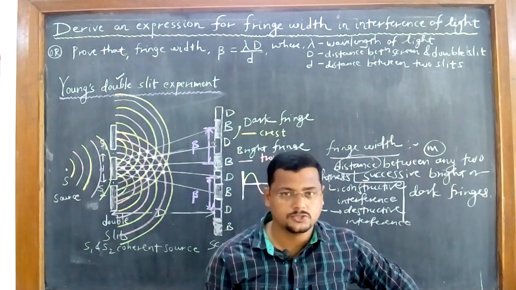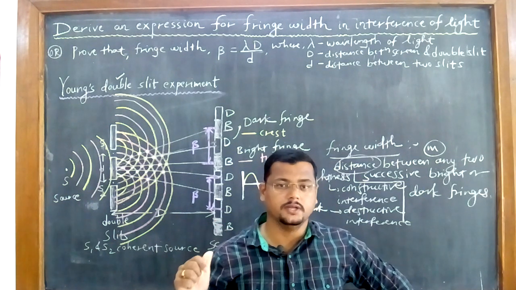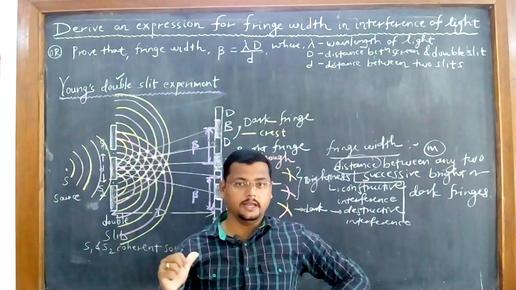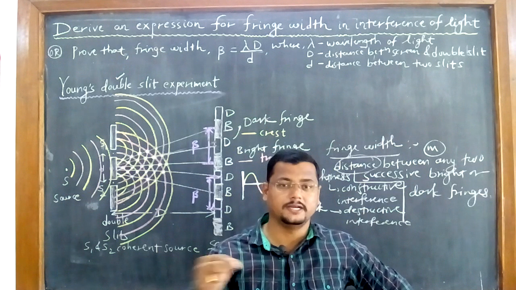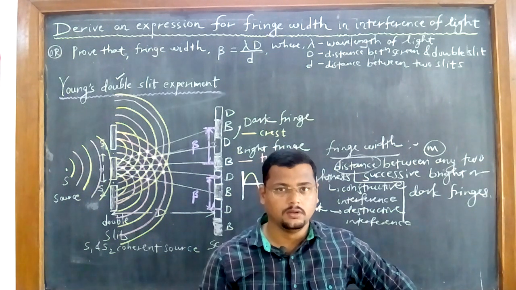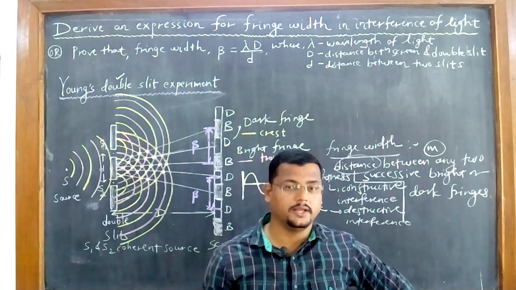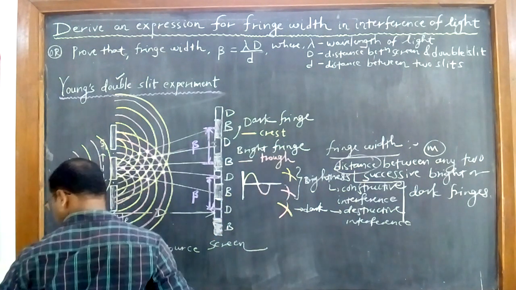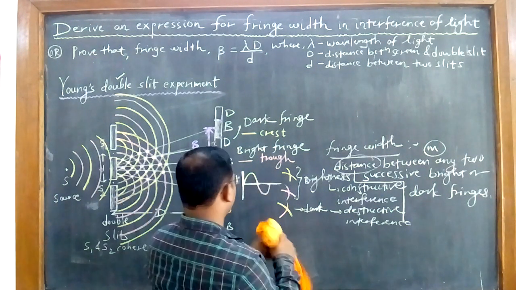capital D by small d. This derivation is very important. Most of the time, based on this derivation they will ask the 5 marks problem. Sometimes they will ask the theory, and for theory this is the best choice for the person who is going to set the question paper, right? Very important question. Based on that the problem can be asked in your examination for 5 marks. Okay, now with this we will move to the derivation part of this theory or this experiment.